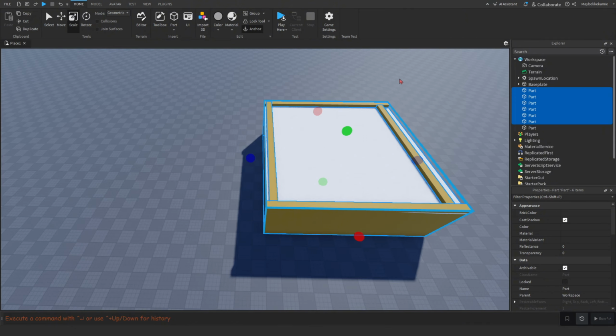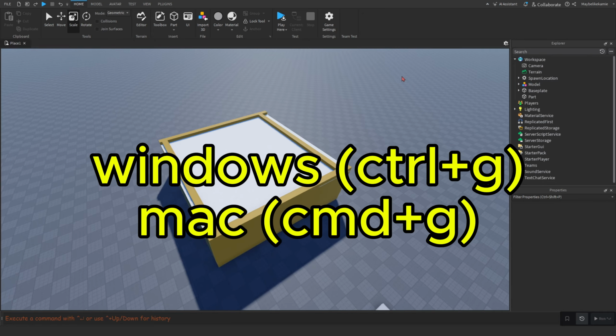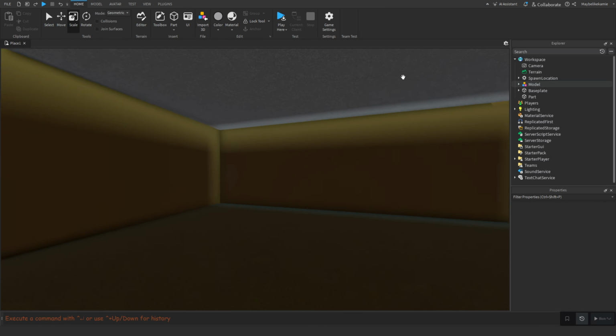You can use Control and G to group this. For Macs, it's probably like Command. I don't know. I don't have a Mac. But yeah, now